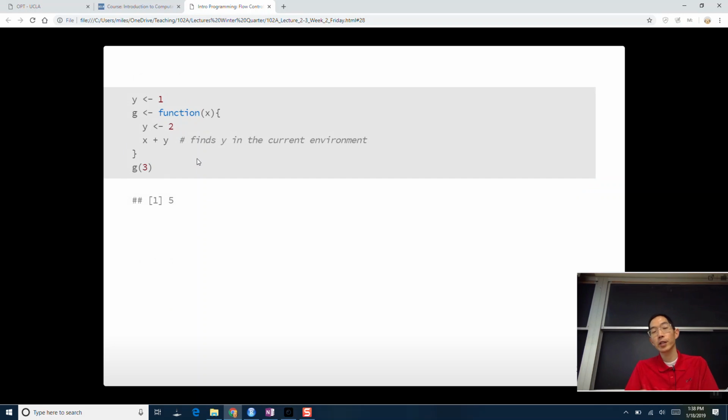Over here, I have a function. In the global environment, y has the value 1. Inside the function, I define the value y, and I say y is equal to 2 inside this sandbox. And then I call g of 3. So when this runs, I go into my function, y has the value 2, and then I say, what is